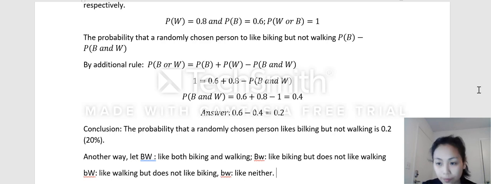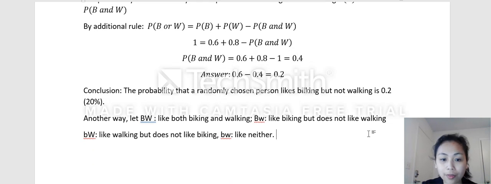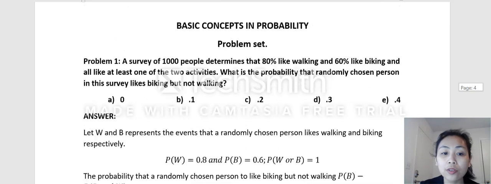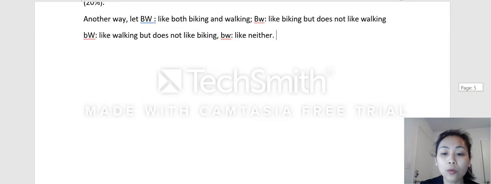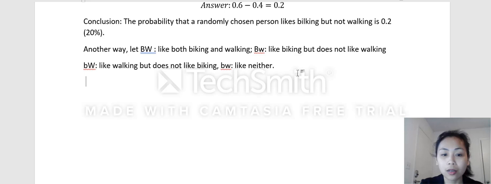You see that? So here, in the second approach, I use completely different notation. That's why you have to set up the problem again. The question gives you that 80% like walking. So because 80% like walking, that means you have